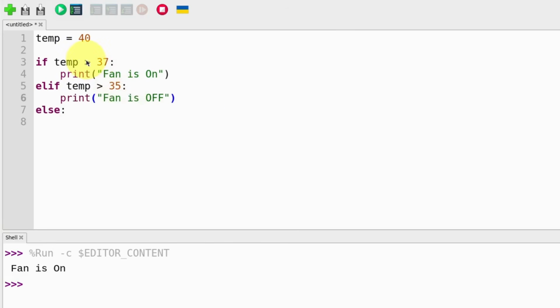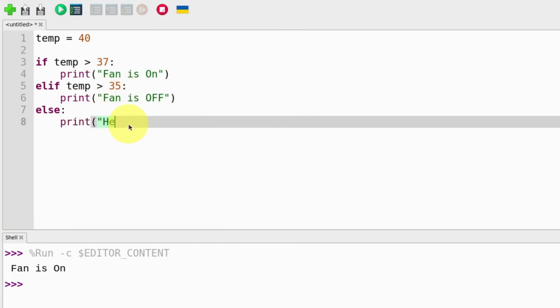So this is going to check if it's greater than 37. It's going to run this code. Otherwise, which means it is less or equal to 37, it's going to check for the second condition, which is temp is greater than 35, which means that the temperature is between 35 and 37. We're going to turn off the fan, and we can add else, which means that the temperature is less than 35. In that case, we can turn on the heater using print heater is on, and don't forget the quotes